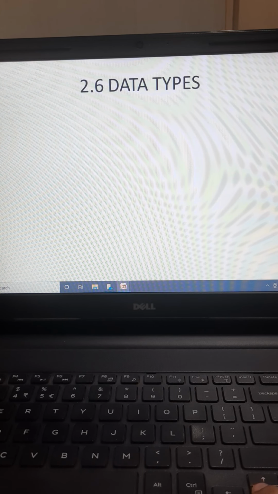Some user by mistake, by a keyboard press by mistake, instead of writing some integer value, has pressed a character. So we have three cases in which the variable name is r. One user has typed 7 centimeter, another user has typed 10.5, and one user has typed s. So what will happen in this case? What will be the actual value of the radius?